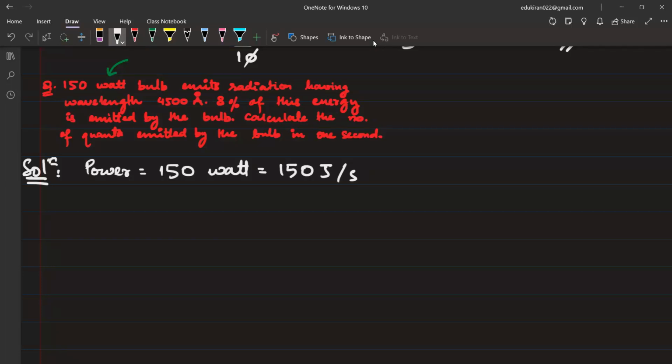Tell me, guys, what is the power of the bulb? 150 joules per second. So per second it is emitting how much energy? 150 joules. But they have told us 8% of this energy gets emitted. Can you see that? 8% of this energy is emitted by the bulb. Even though the power of the bulb is 150 watt, it emits how much? Only 8%. So I can write, in 1 second,